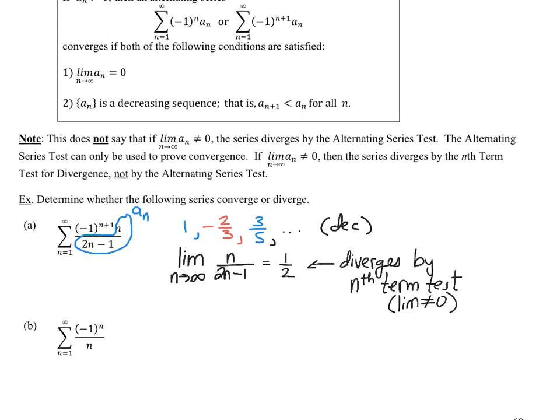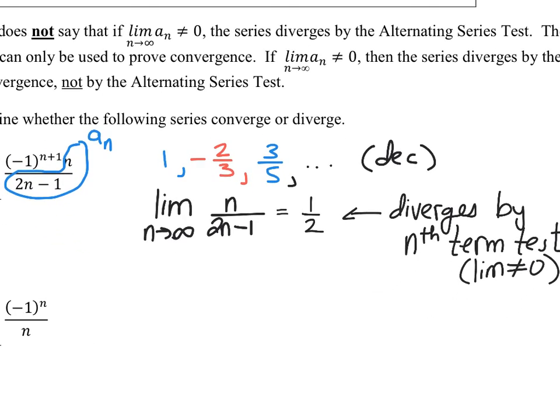All right? Anything other than 0 meant that it diverged. The nth term test is also the divergence test. So we now know, because we ignored the alternating part of it, that this series itself diverges. Since this is a fundamental component of the given series,